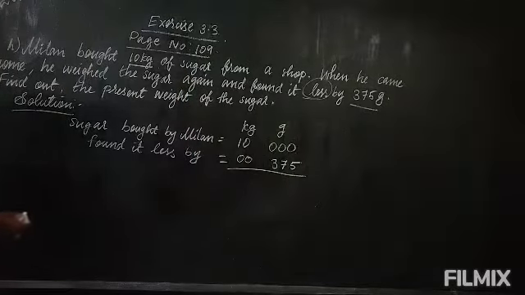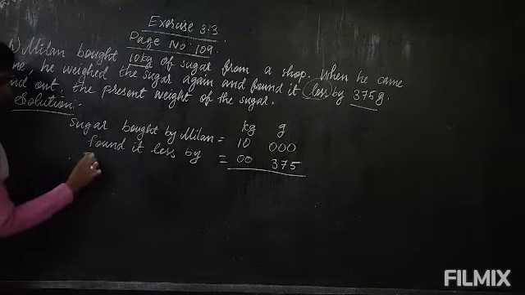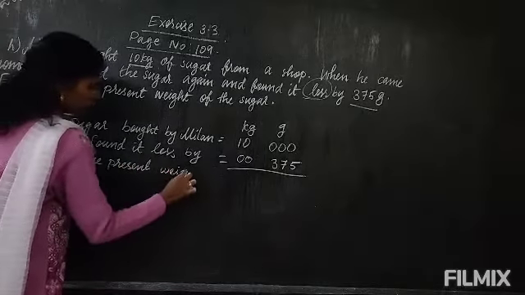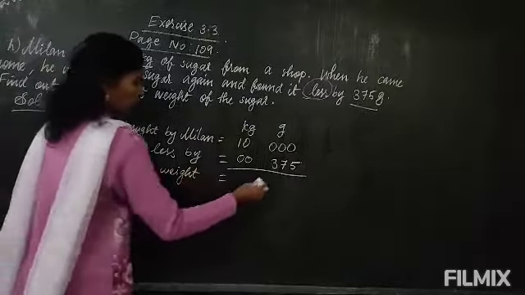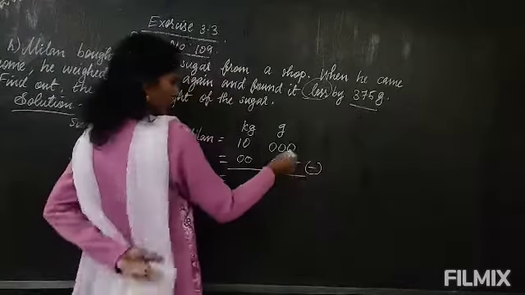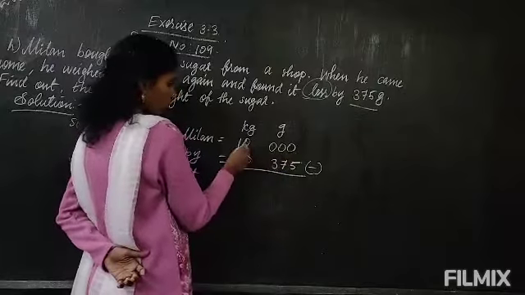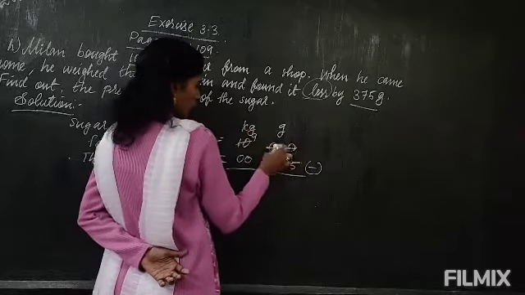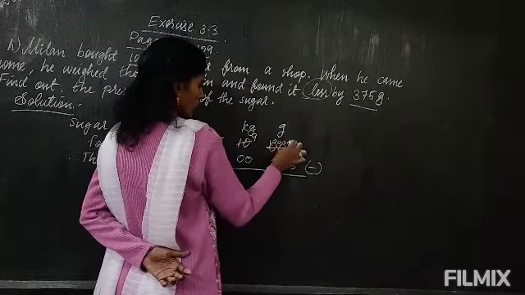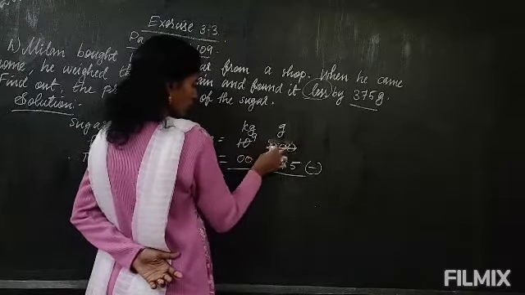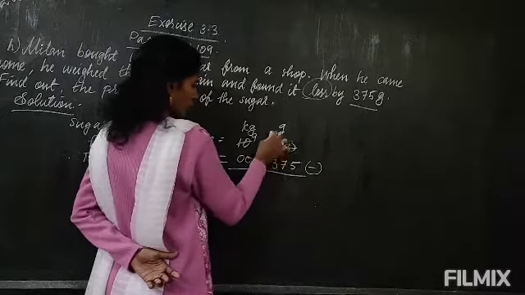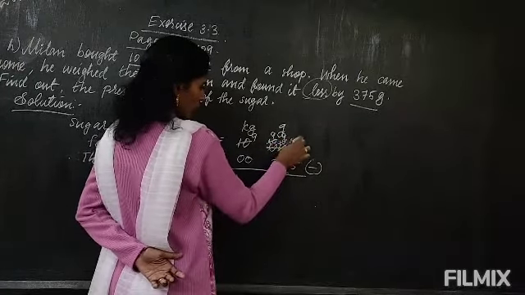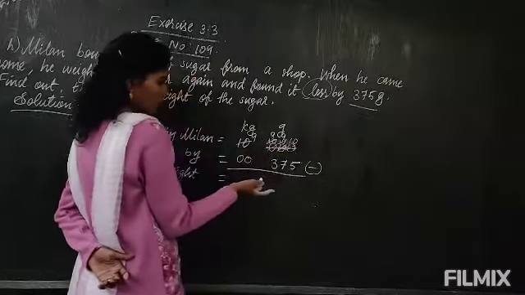Okay, so now the present weight. Therefore, the present weight equals, you have to minus. You cannot minus from here, all are 0, so you have to borrow from here only. From 10 kg you borrow 1, so this will be 9, and here you will now get 1000 gram. 1 kg equals 1000 gram, no? That way you can take it. Otherwise, here you are getting 10; from 10 you borrow 1, so 9 will remain and again it will be 10. Here you will give 1, so it will be 9. Just giving 1 here, that way also you can take it, okay?